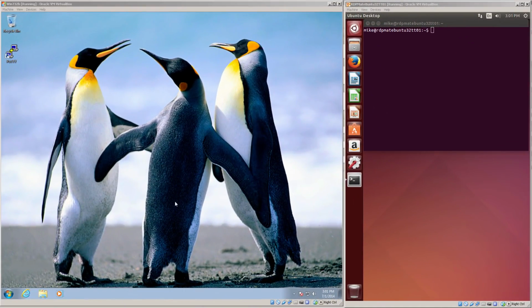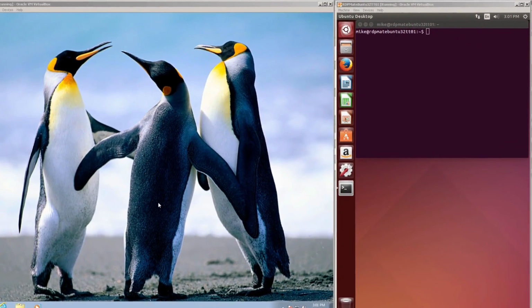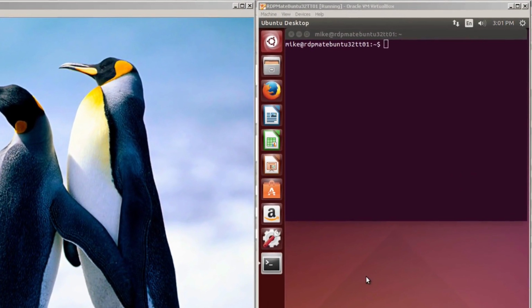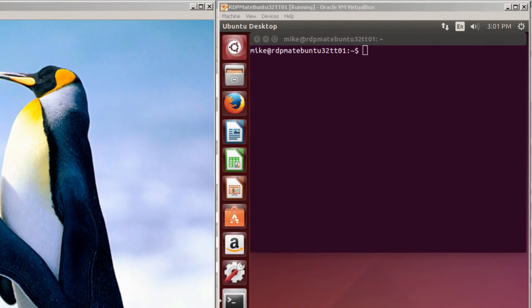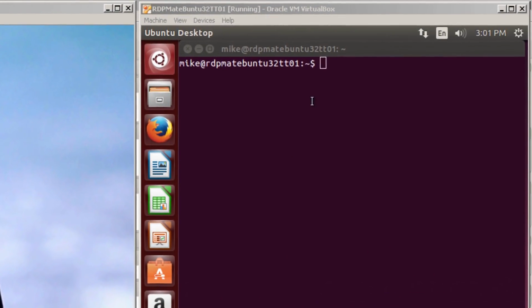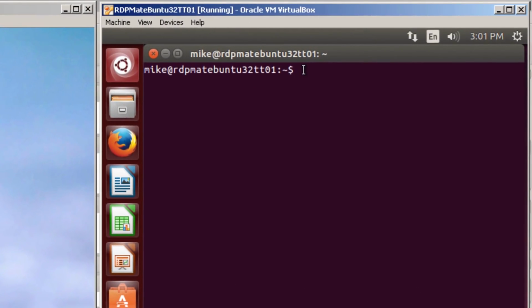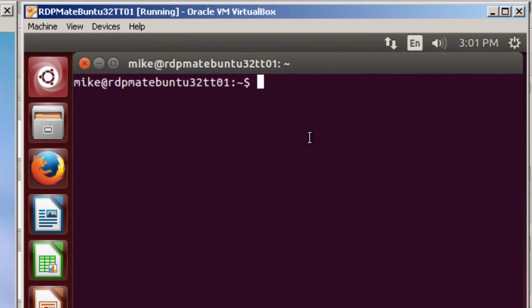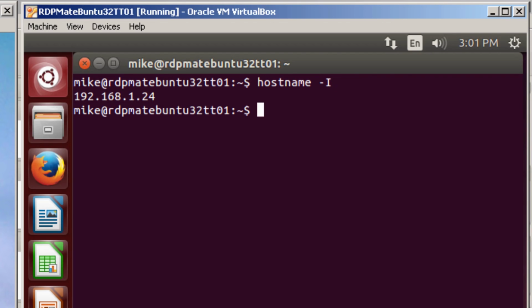Here I have a Windows 7 machine on the left with the penguins, and on the right I have an Ubuntu 14.04 desktop. And what I'm going to do is connect this Windows machine to the Ubuntu machine. Before I do that, I need to know the IP address of the Ubuntu 14.04 machine. To do that, I could just use hostname -I, capital I there. And the IP address of the Ubuntu machine is